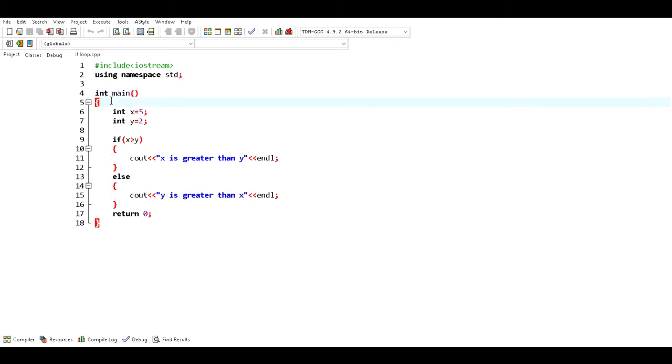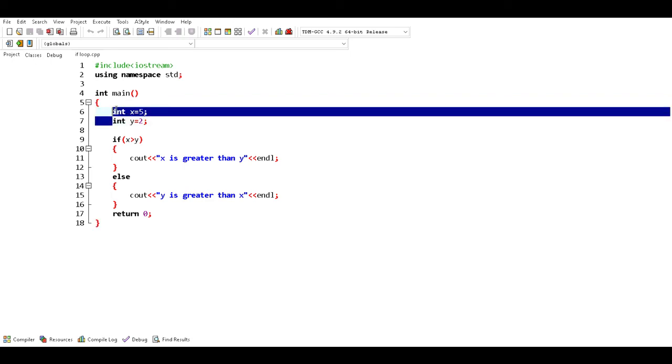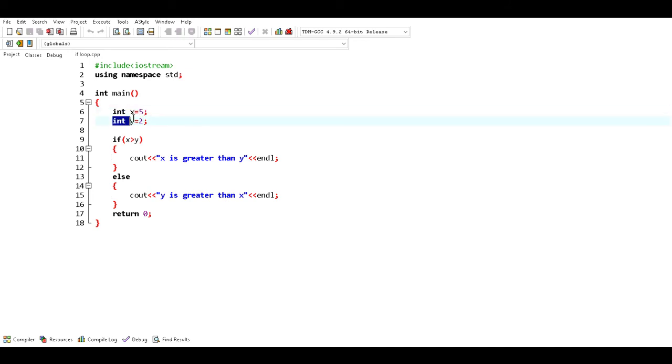After the curly bracket, there is a data type. There is the same data type, and the variables are x and y. X is directly defined, x equals 5, and y is also directly defined, y equals 2. Now we will study how to put the condition in the if statement.